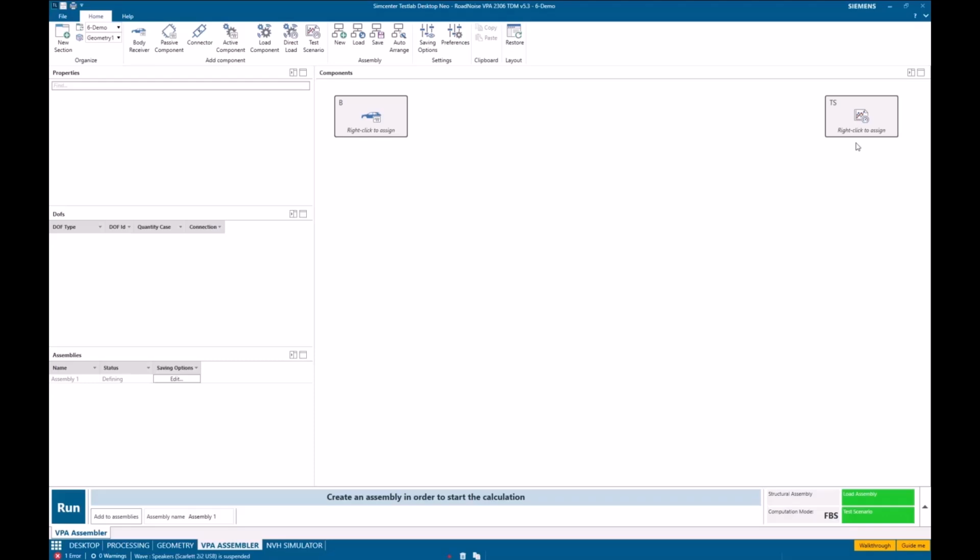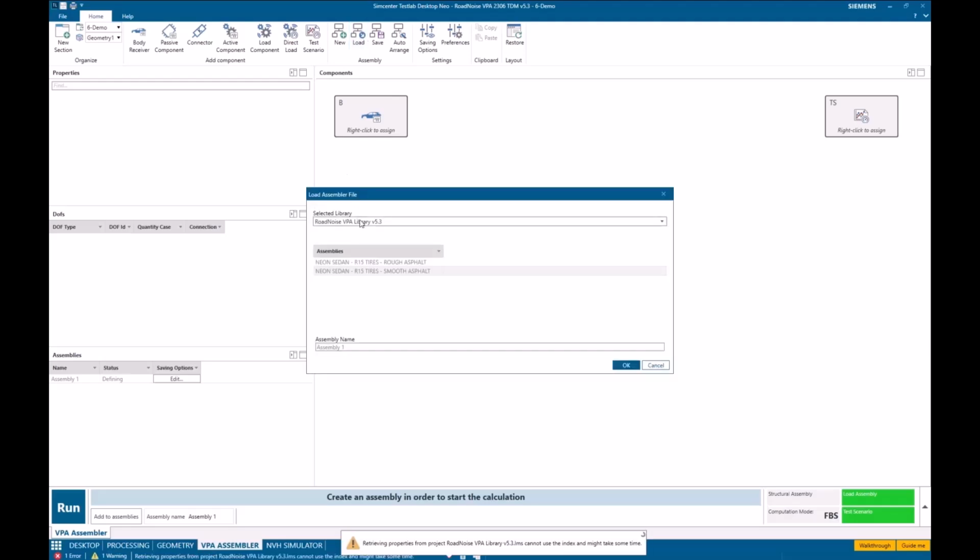So what I'm going to do is connect all the way from here to here using these individual components. For this road noise example, I'm going to just load one to show you how these can be stored and what a sophisticated assembly can look like. I've got a library here, and all of the components for this particular investigation are found in this library.